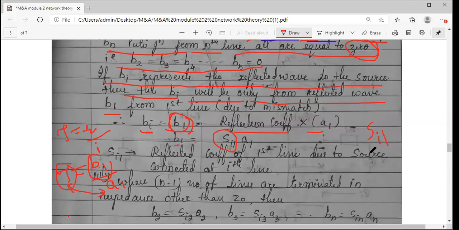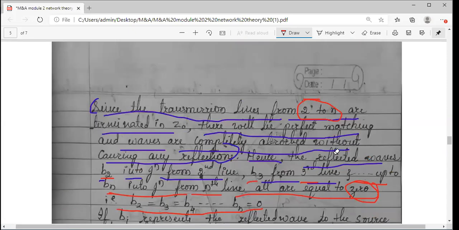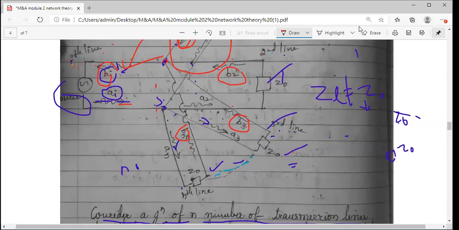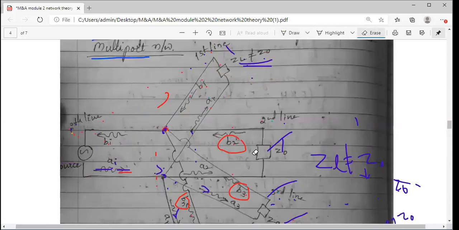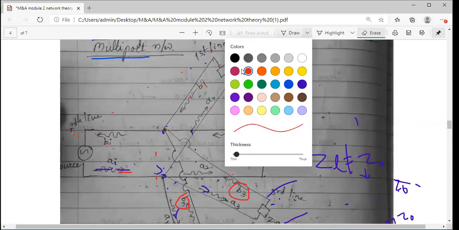What do this I and this 1 indicate? It's a pair. It's a two-port network. Which two ports are we considering? In your complete figure, now I'm taking the first combination only. This is a multi-port network. So now I am considering this pair, ith port and the first port. So if you take I and 1. Now this description, whatever I'm giving you, it is for the first combination.